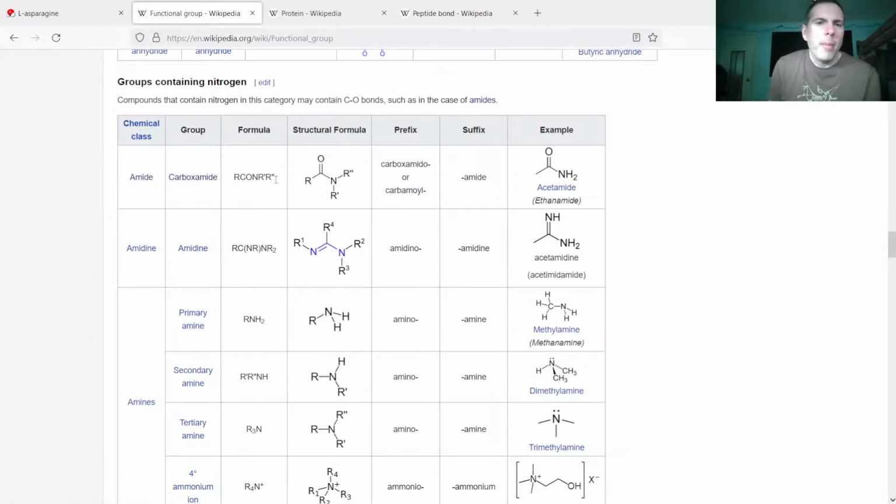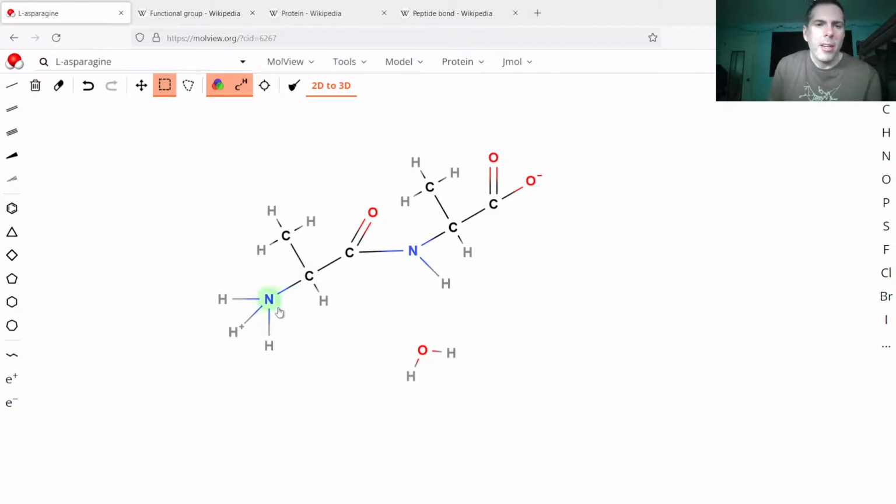And then when they bond, looking at a protein chain, you can see that there's this amide group in the middle of the protein chain. So this would be a carbon with a side chain, and then you have this, and then this would be a carbon with a different side chain. You can kind of see that here.